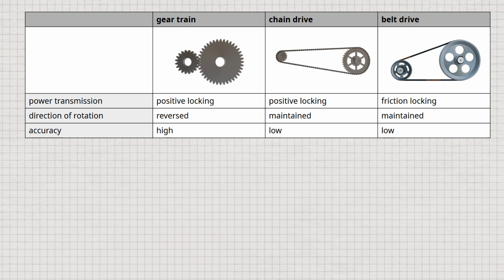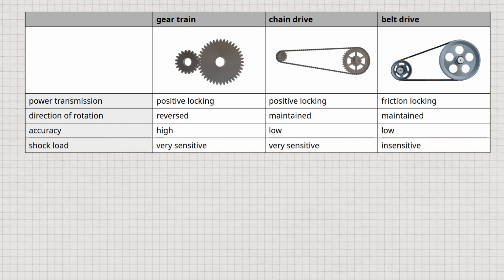The disadvantage of precise and therefore rigid power transmission in gear drives is their sensitivity to shock loads. The rigid gears are not able to absorb shock loads, and there is a risk of tooth flanks being damaged or even entire teeth breaking out in the event of overload. In most cases, the gear shafts and bearings are also damaged, often causing the entire gearbox to fail under overload.